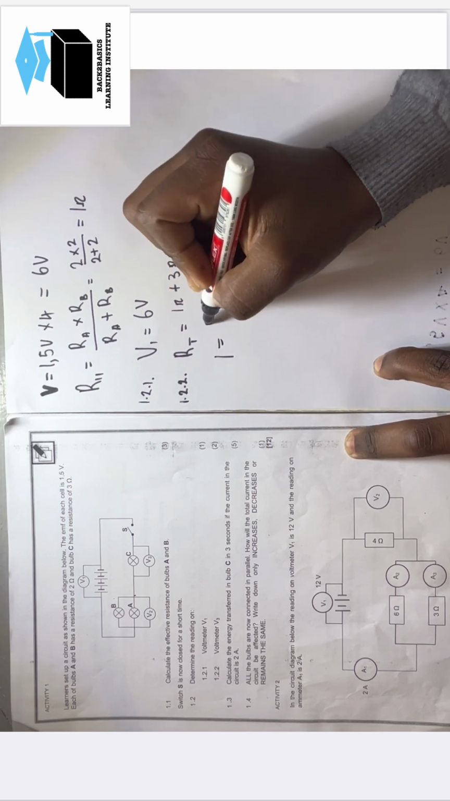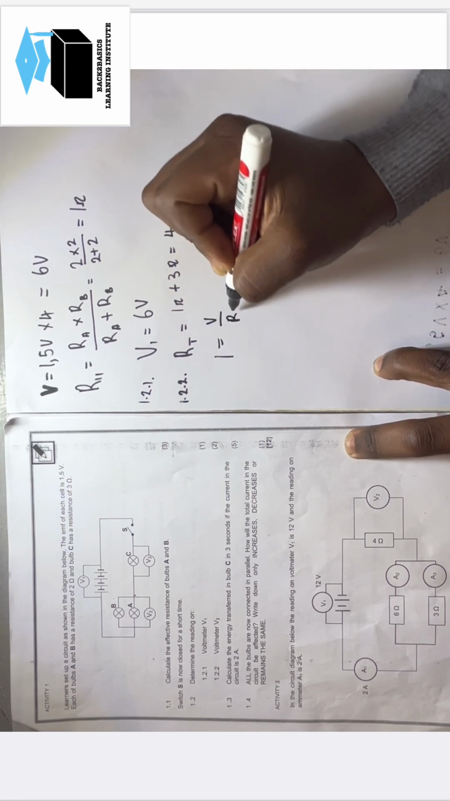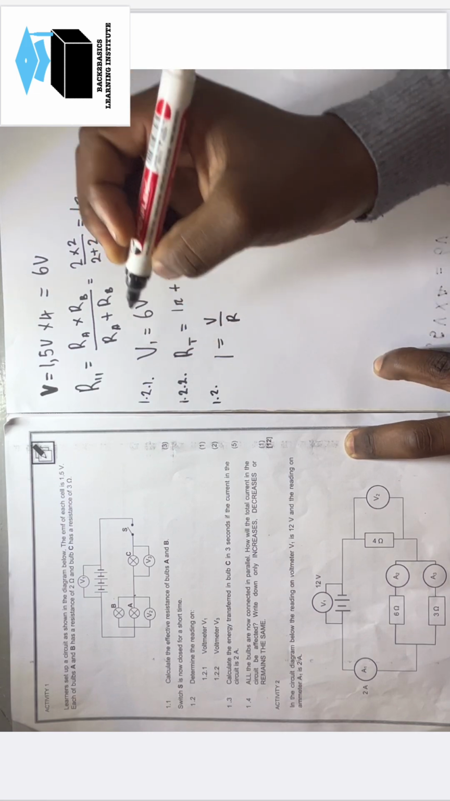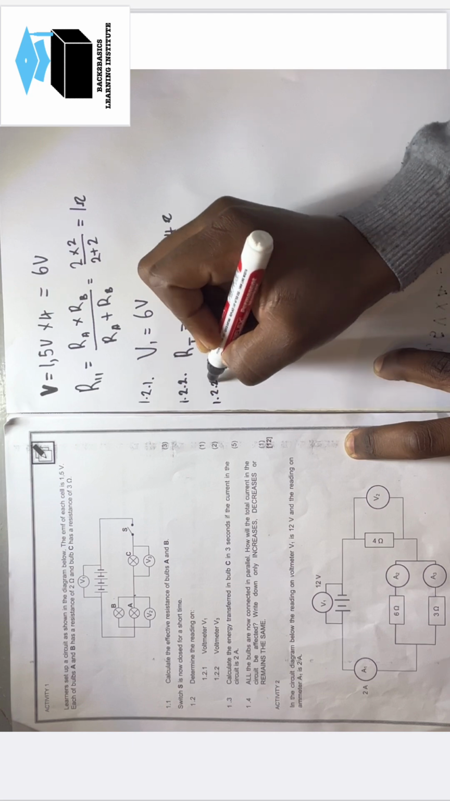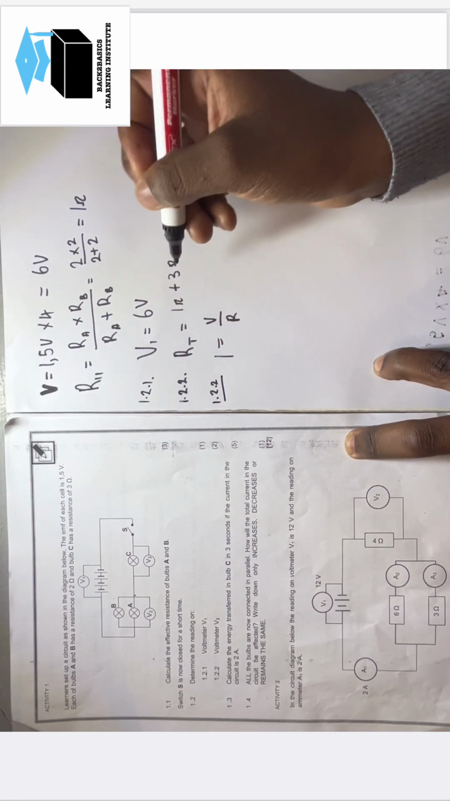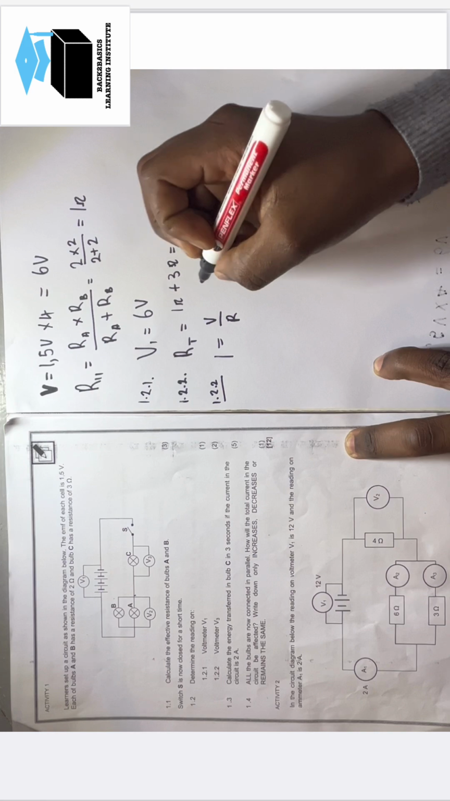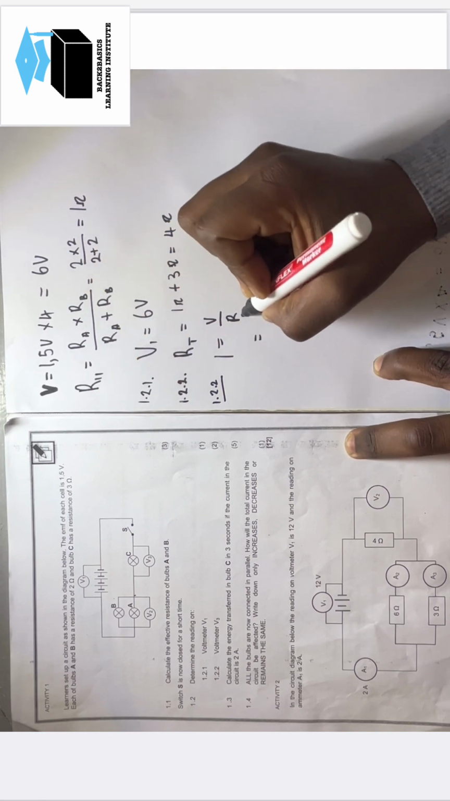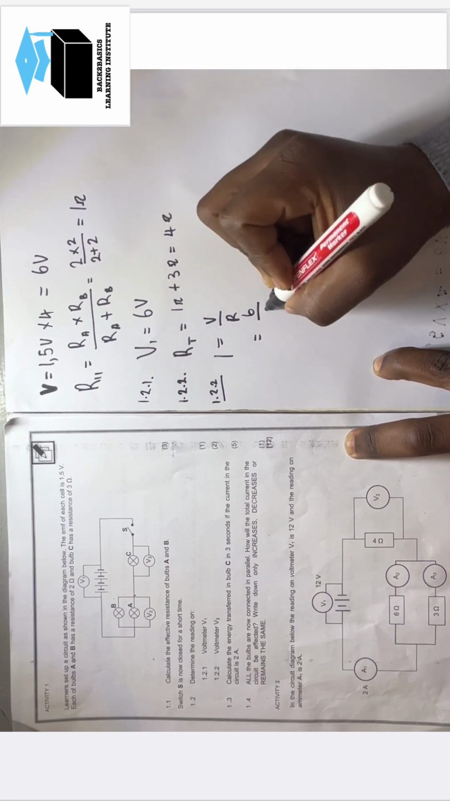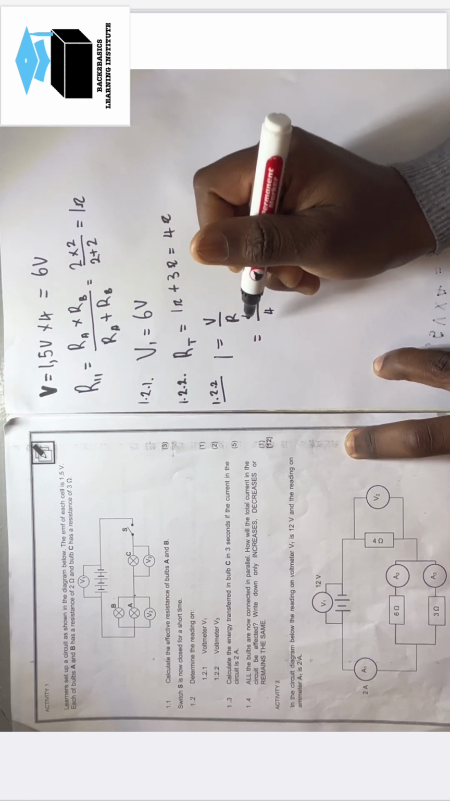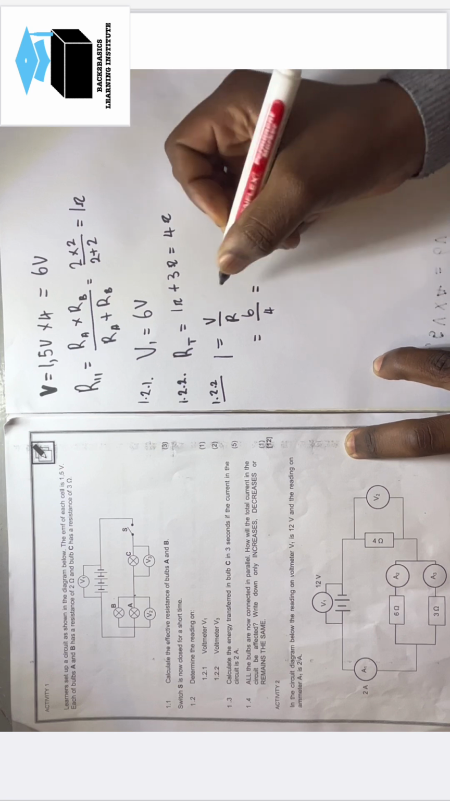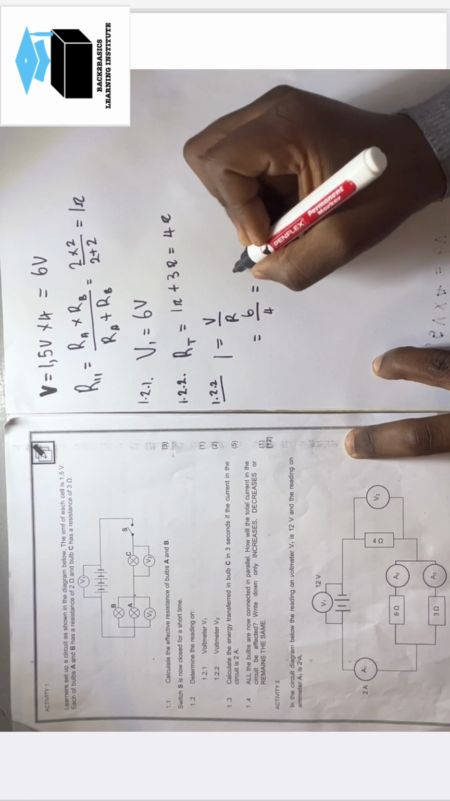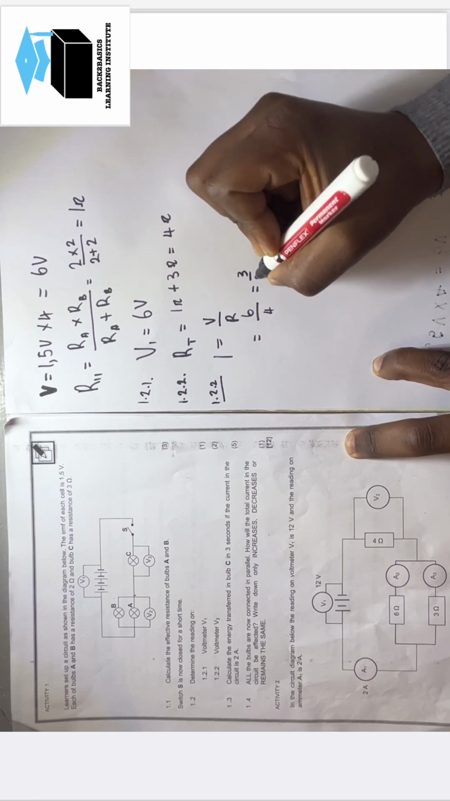I is equal to V over R, from Ohm's law. We are still in 2.2, by the way. What is your voltage? The voltage, we already know, is 6 V, over 4. So the actual total current, what is 6 over 4? It's the same as 3 over 2